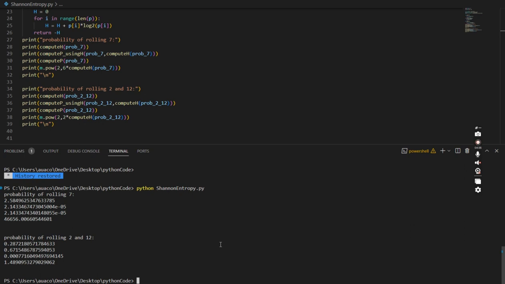So using H, it's a very high probability. Yes, very high probability. The second line is going to be a lower probability, just computing 2 and 12. So 2 and 12 is meant to have a low probability anyway. You can see that using the original way to